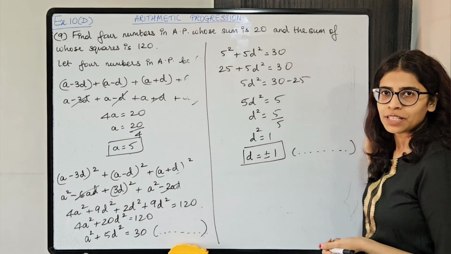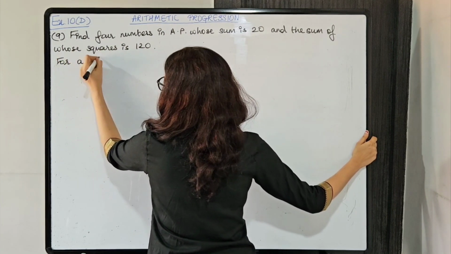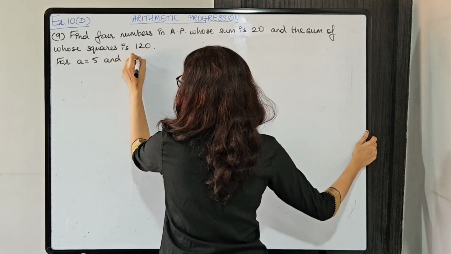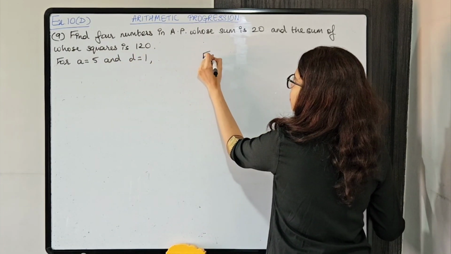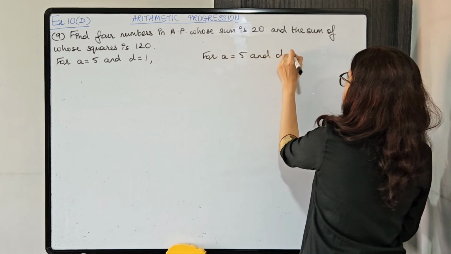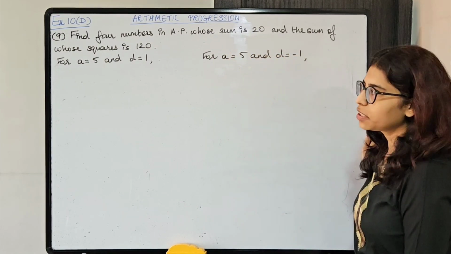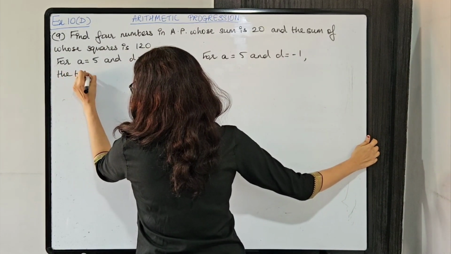Again we'll get 2 APs. First case will be a equals to 5 and d equals to 1, and second case will be a equals to 5 and d equals to minus 1. Okay, let's check the terms. The terms are